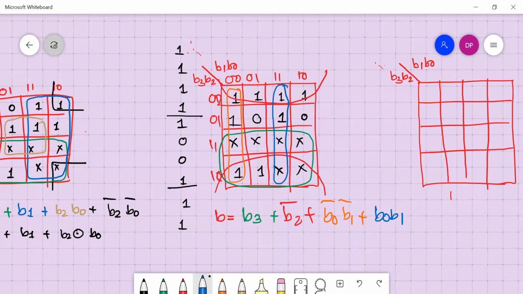Sir, first row is common. All ones. First row, all ones are common, sir. 1, 1, 1, 1. First row. Yes, sir. Anyway, in this way also it is covered, right?